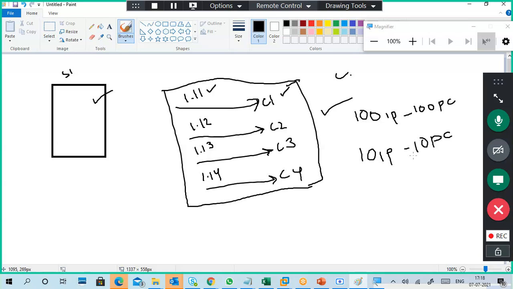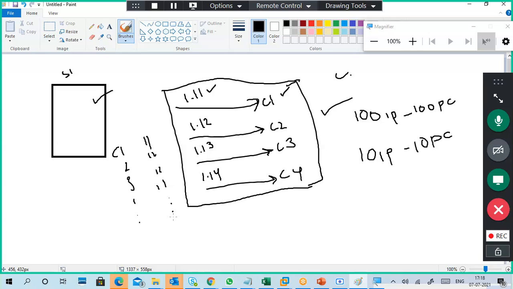So as per this, 10 PCs, C1, C2, C3, like that it goes on, and the IP addresses are also noted down like this, right? Noted down, completed.